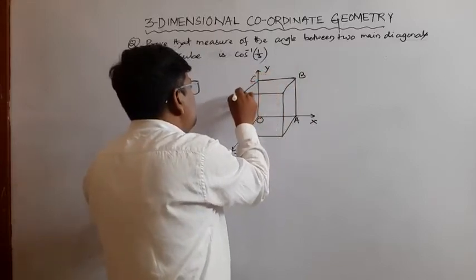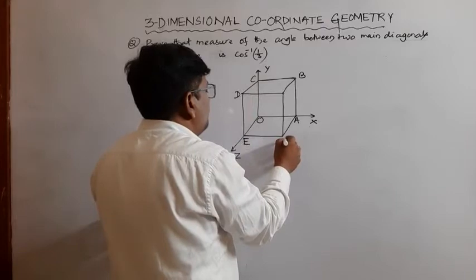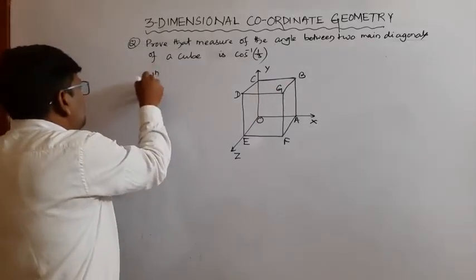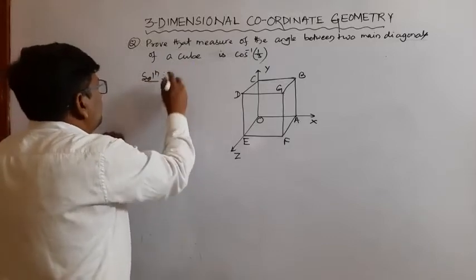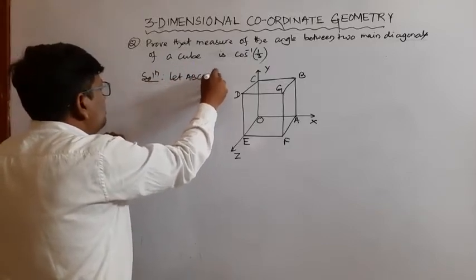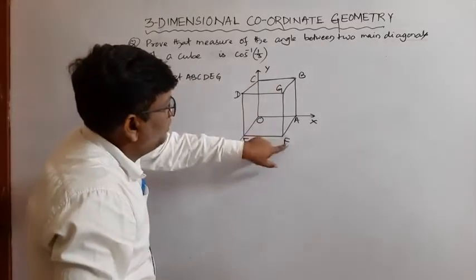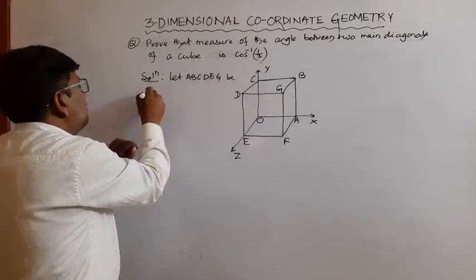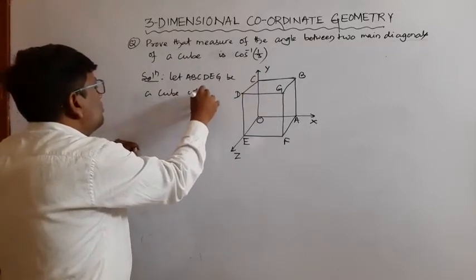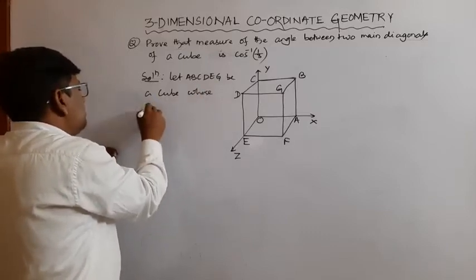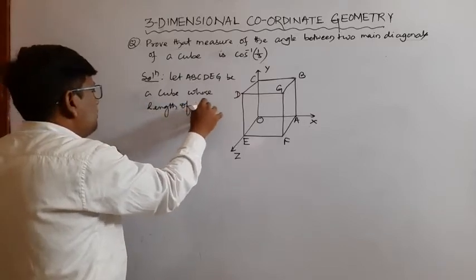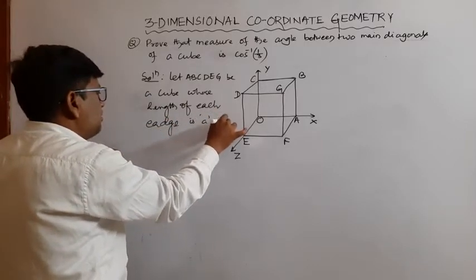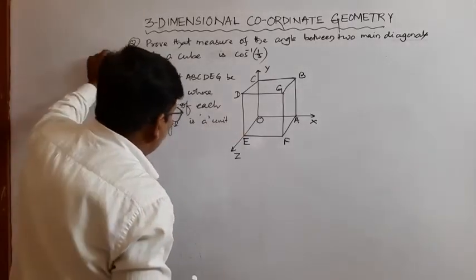Suppose this is A, B, C, D, E, F, and this is G. Solution: let A, B, C, D, E, F, G be a cube whose length of each edge is a units. So the coordinates